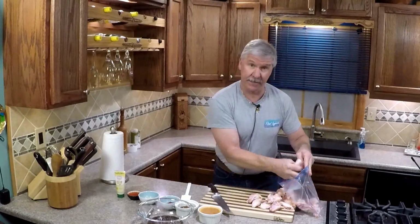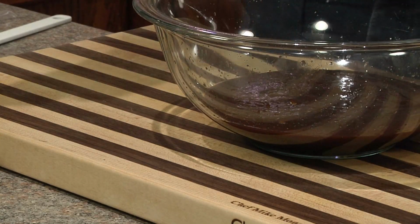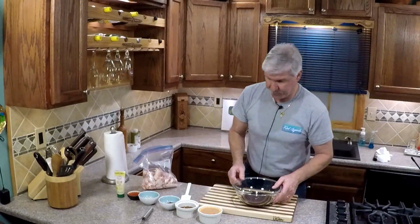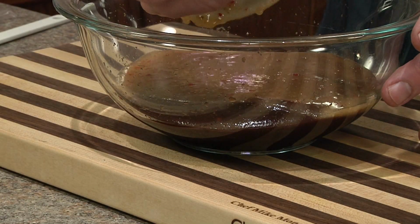Now we're going to place our wings into a 1 gallon size Ziploc bag. We're going to start with one 28-ounce bottle of barbecue sauce with honey. Honey because you need those sugars to caramelize while you're grilling them. Then we're going to add our 1 cup of Wishbone Italian dressing,